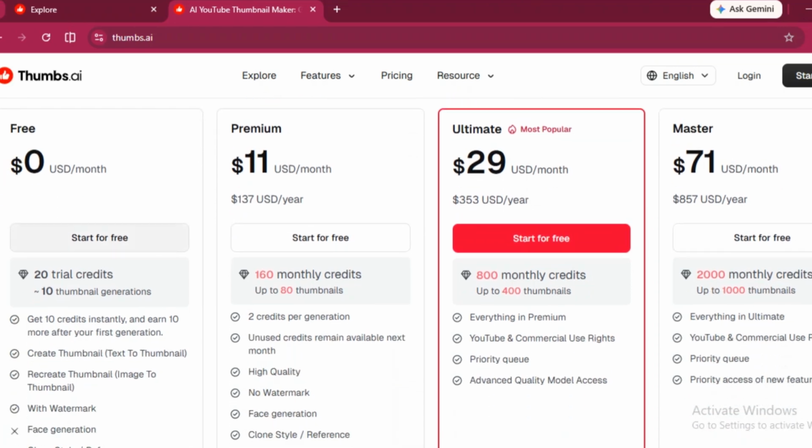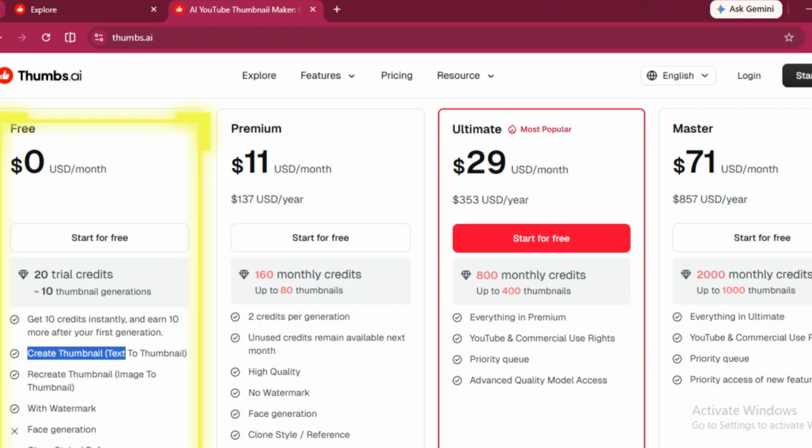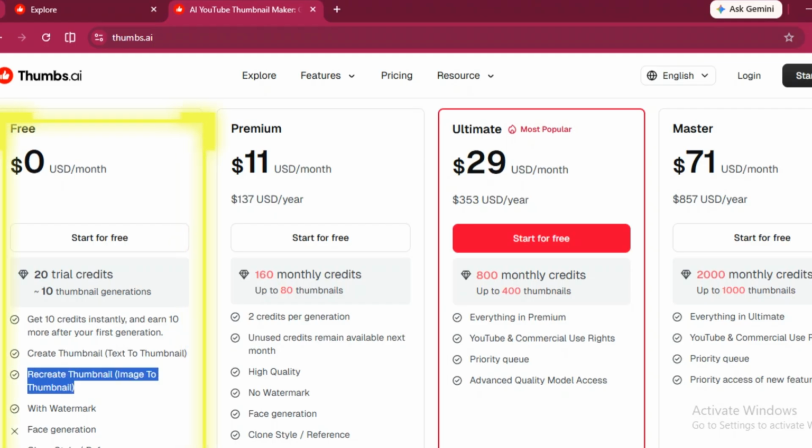Now let us study the pricing. There are 4 pricing structures. First is the free. When you first sign up, you get 20 free credits that are enough to generate 10 thumbnails. 10 credits instantly and 10 credits after your first thumbnail generation. You can create thumbnails using text to thumbnail, image to thumbnail, but with watermark, with no face generation, and video